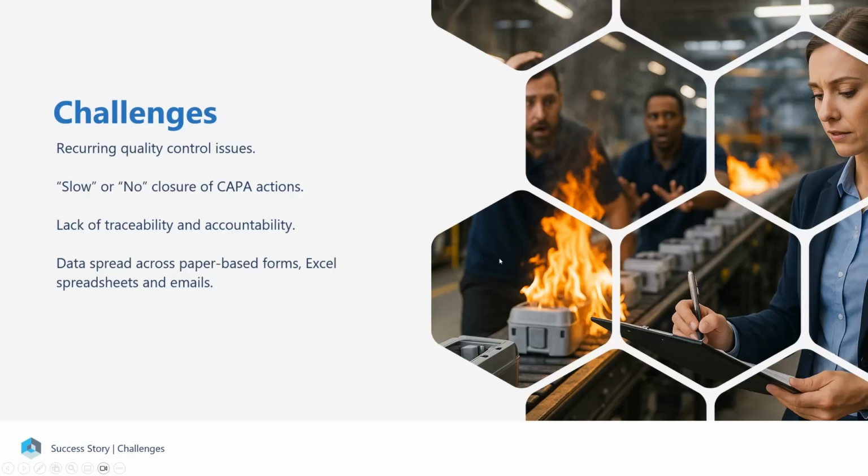Initially from that workshop, we started identifying the challenges within the organization. We can see the challenges listed on the screen. This relates to typical challenges that organizations face, such as having quality issues that continuously recur, and having CAPA actions that last on the list for a very long time and never get closed out, which is not good from an auditing perspective. They were unable to trace who was responsible for different actions and who was accountable for them, and in some cases couldn't even track the actions as being logged anywhere at all.